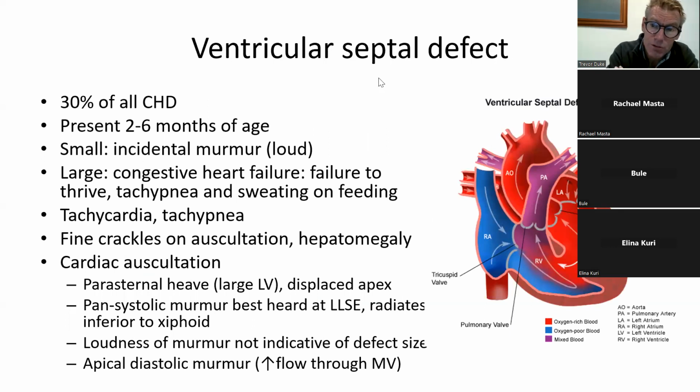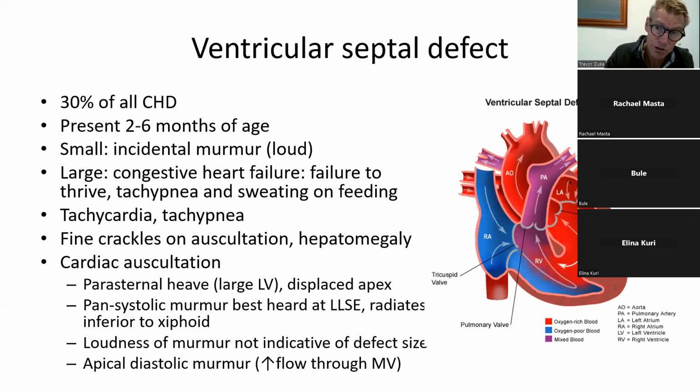Well, I've mentioned ventricular septal defects, and I don't want to go over it again because I just want to give you a flavour of how VSDs present and what they look like. But I guess a few key points. They don't present at birth, so very rarely will you get a baby presenting with a VSD at birth. They usually present somewhere between 2 and 6 months of age, but sometimes I've seen children of 5 years of age who've had an undiagnosed ventricular septal defect,